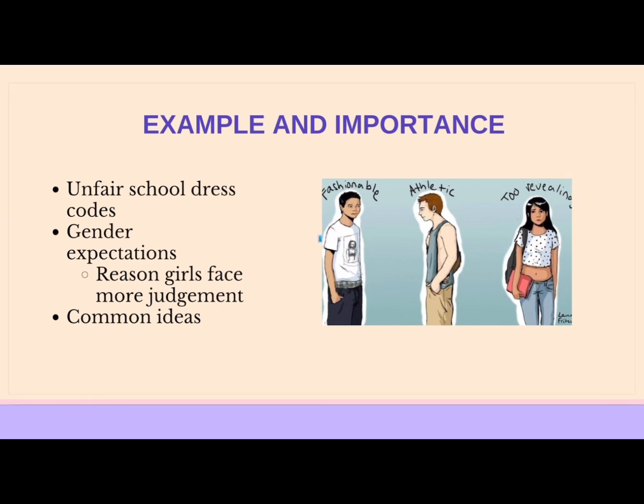An example of feminist theory being shown in real life is unfair school dress codes. At my old school, it was a Christian private high school, and the dress codes were different depending on the gender you belonged to. Boys wore shorts all the time and didn't get an eyelash batted at them, but when girls wore skirts or shorts the same length, they were often dress coded or judged by their classmates. This connects to feminist theories because it shows how social and gender expectations are enforced differently, as the bodies of girls were always more closely watched while boys got nothing with the same amount of skin showing.